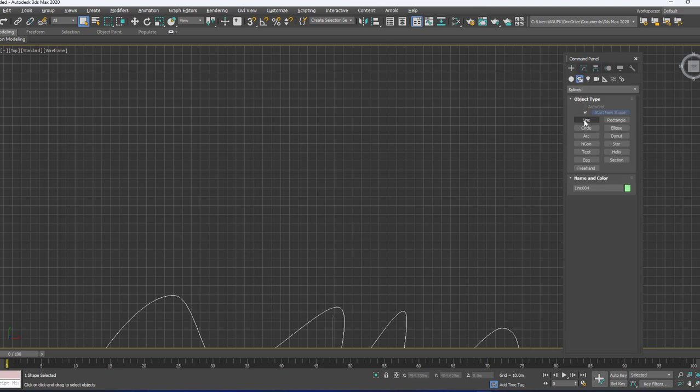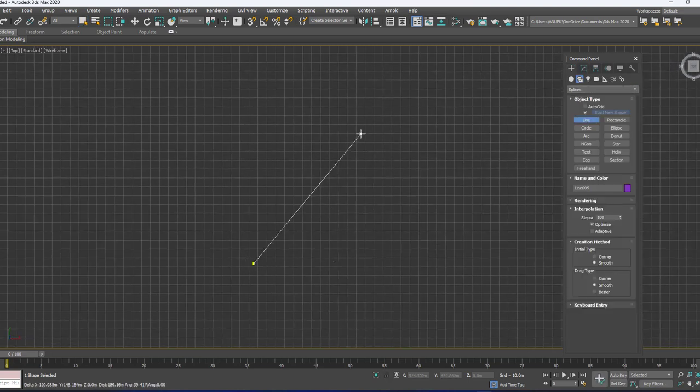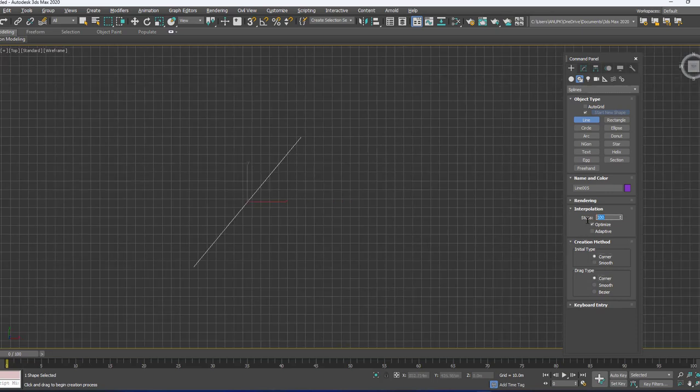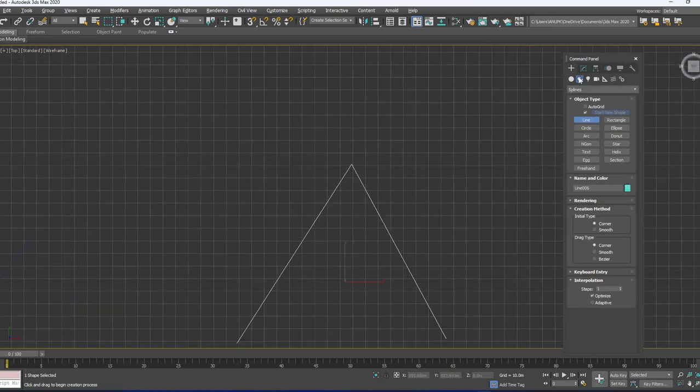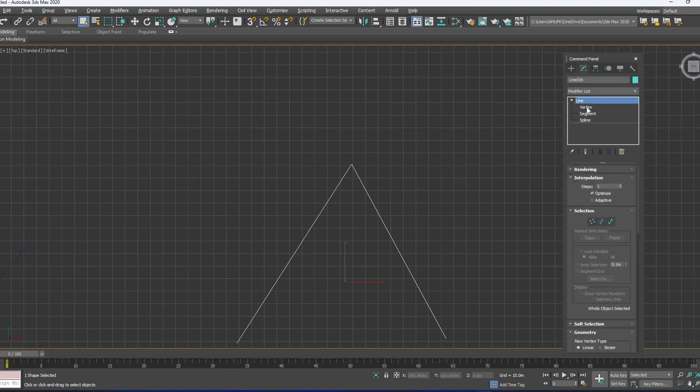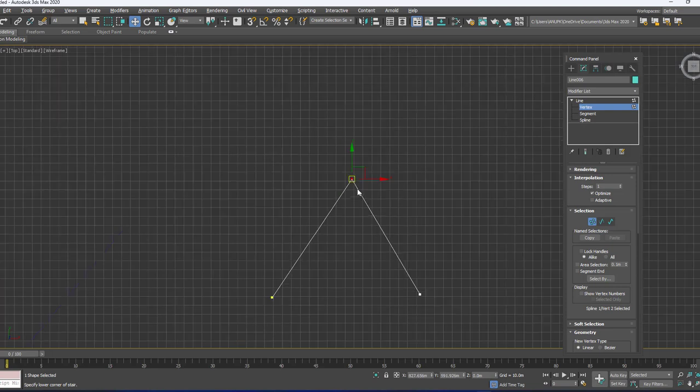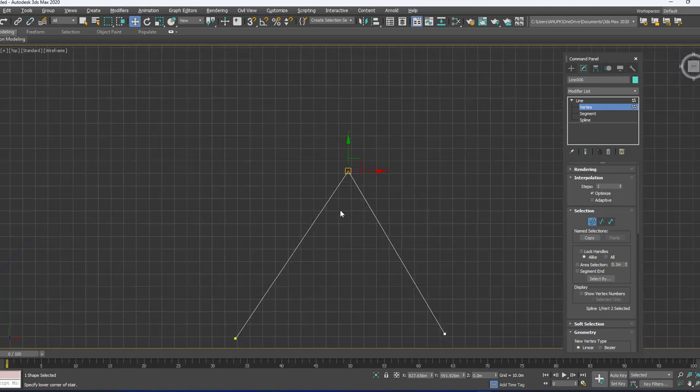Again if I go with the line command, that is corner I take, and before that interpolation I keep 1, and then if I draw like this, go with modify and then segment. So you can modify the segment like this. In order to add a number of segments to make it smooth, I am going with the interpolation and then adding.